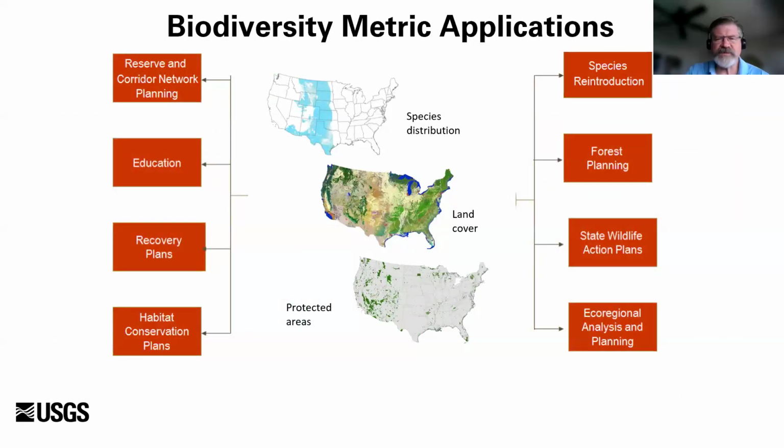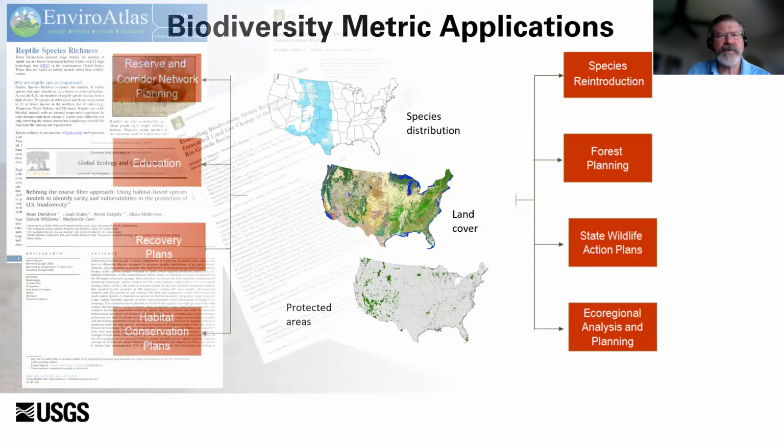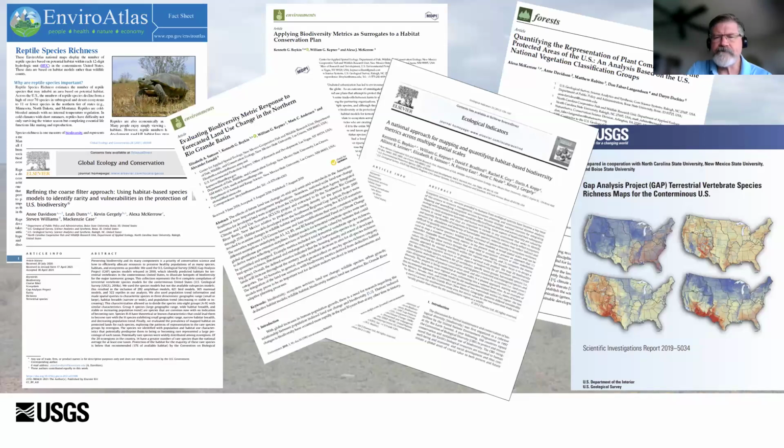So the ecosystem services perspective can be used in a lot of different efforts, and our gap data can be used in a lot of the same types of efforts, addressing different questions depending on who is asking and what the questions are. We've got a lot of publications out, both USGS publications, fact sheets, and journal articles, and you can search for those if you're interested.